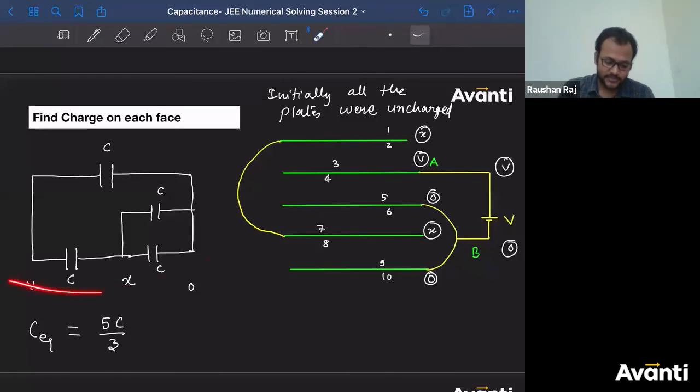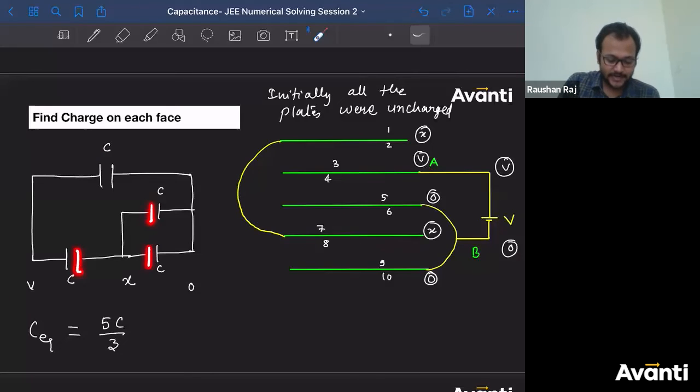Can I say in this circuit there are three plates? There are three plates which can be considered as an isolated system because they are not connected with anything but each other. They have been connected with each other, but they have not been connected with anything. That means whatever the charge they were having initially, the same charge will stay on them even if you connect a battery. It doesn't matter, right? देखो तो क्या है? Can I say 1, 2 and 3?